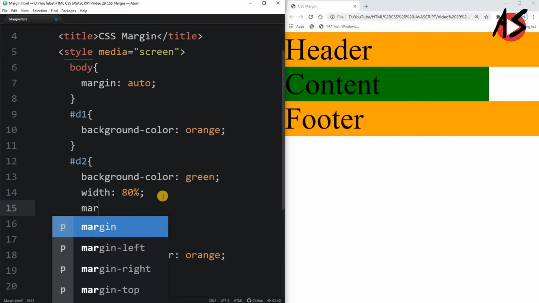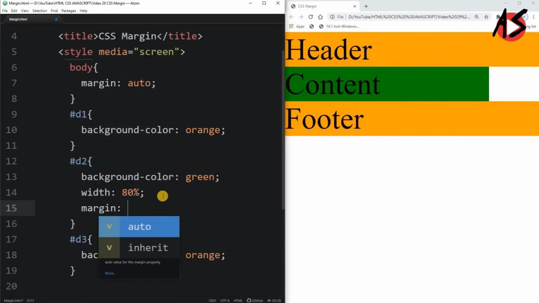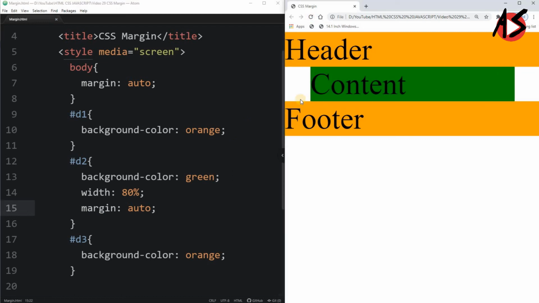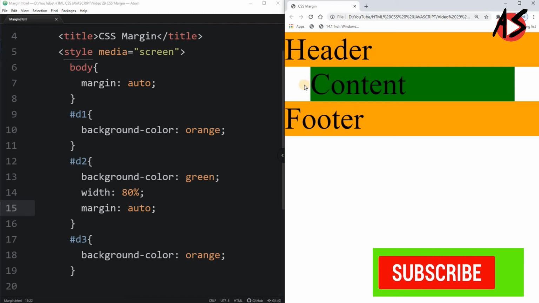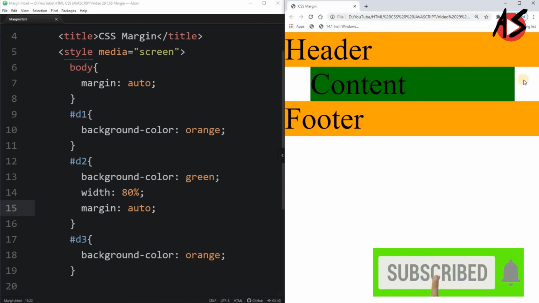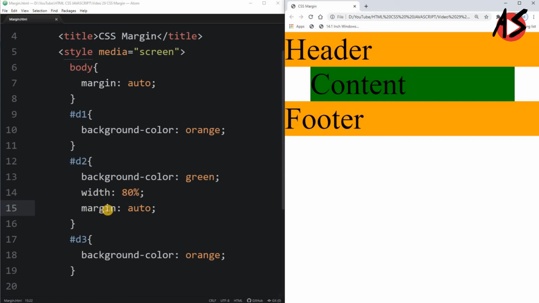Now I can write margin is auto here. So it will set the margins on both sides, that is 10% at the left side and 10% at the right side. So when you have a specific width, you can take margin as auto here. So it will set margins automatically at the left and right.